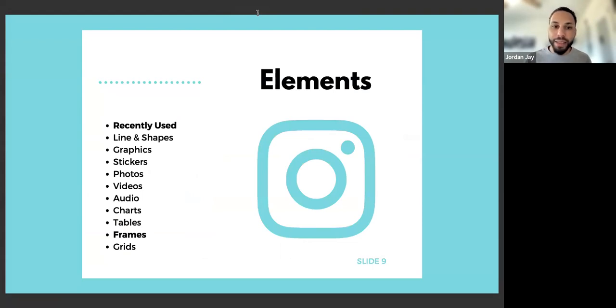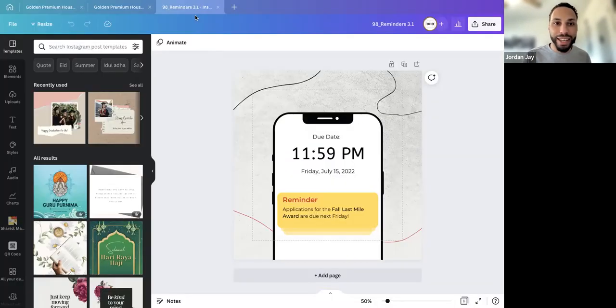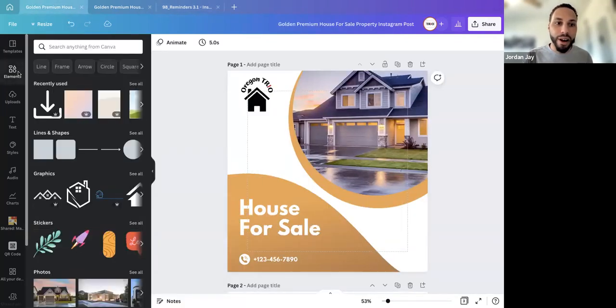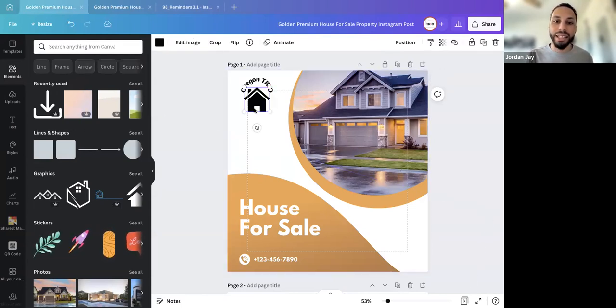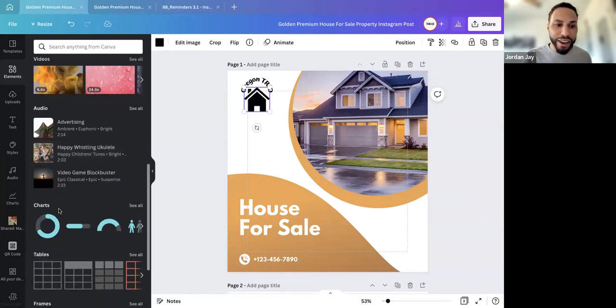All right, now the elements section. This is such a crucial section. This is where we're gonna have access to all of the different kinds of frames, all these different kinds of, like, this house design. You can get stickers here, audio.